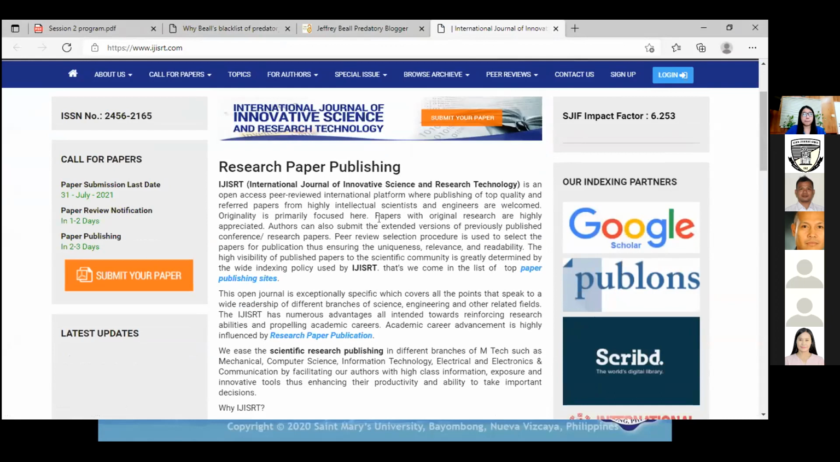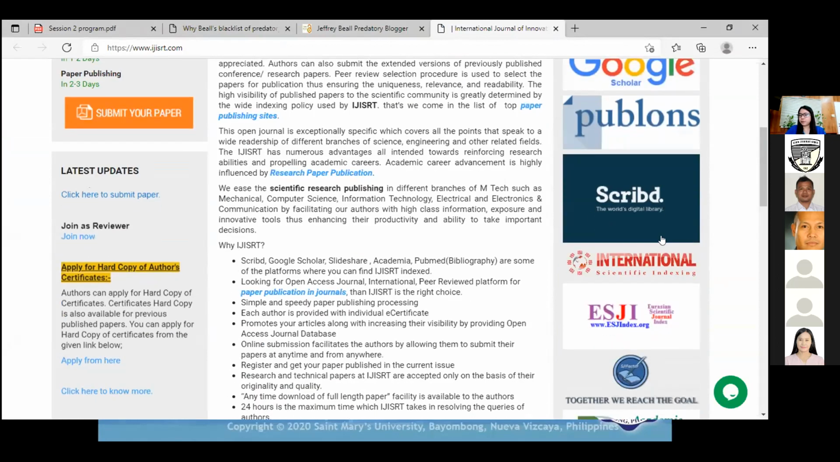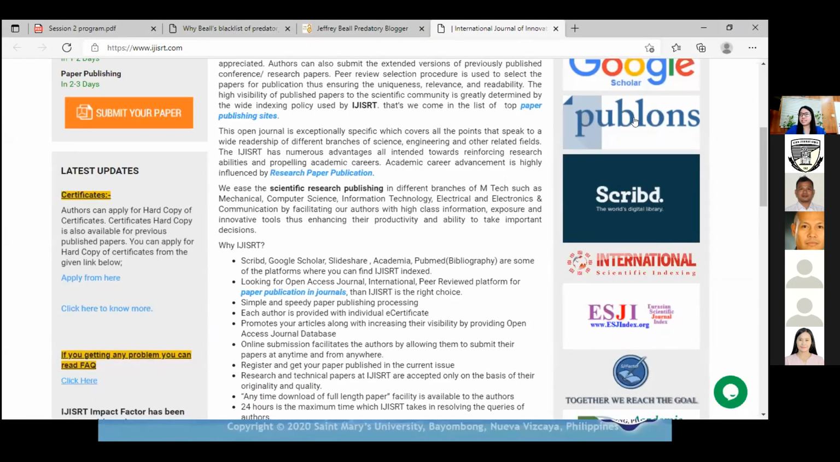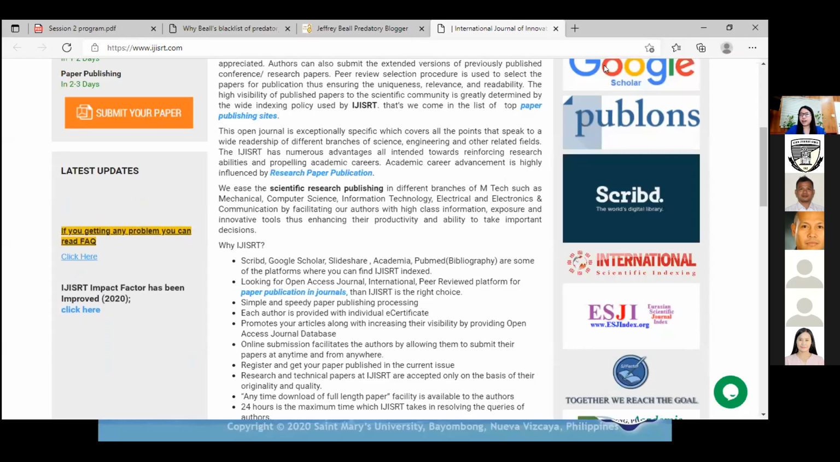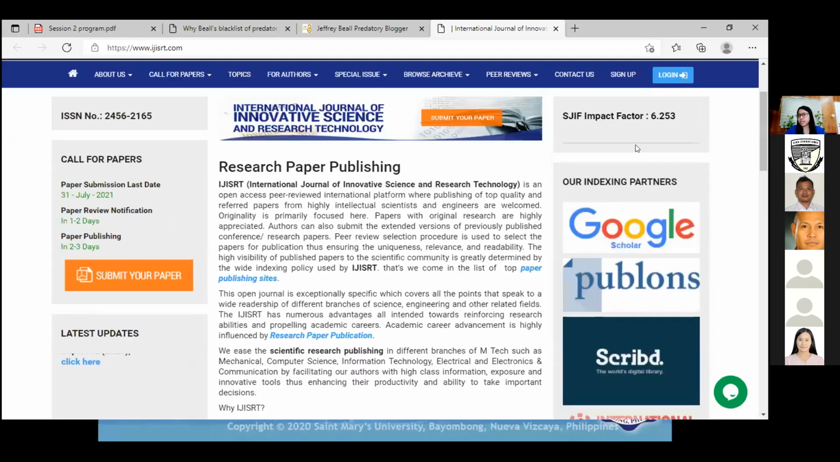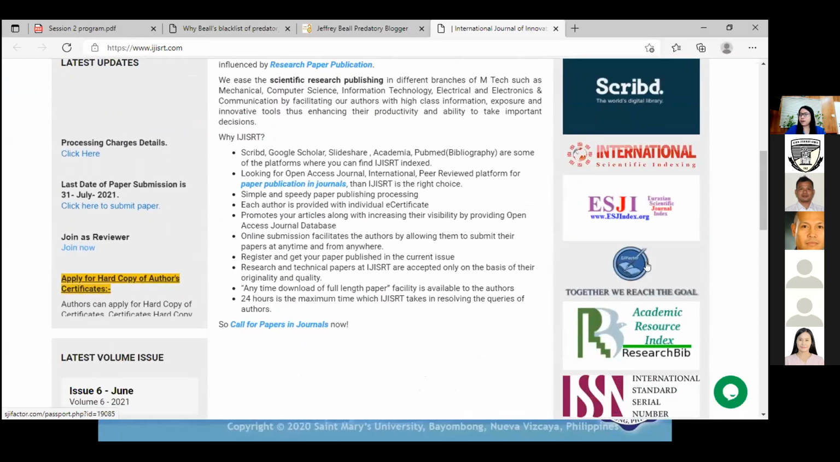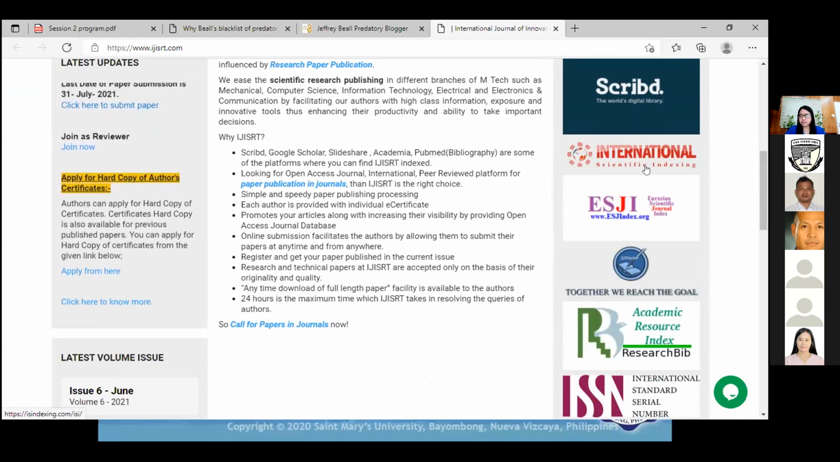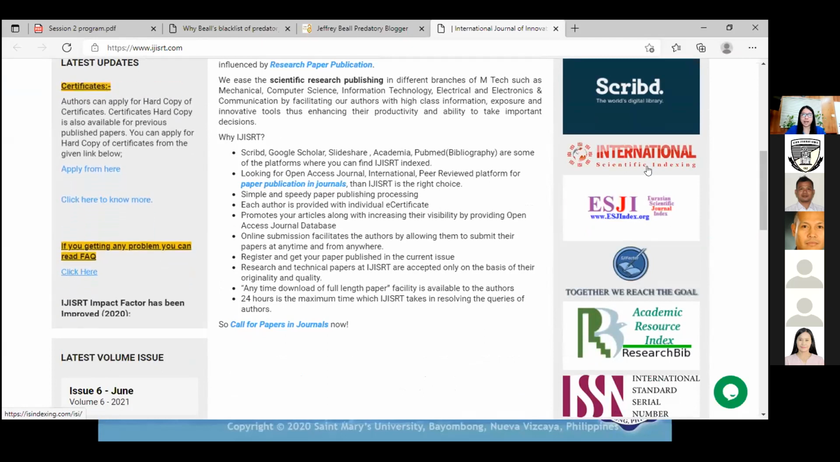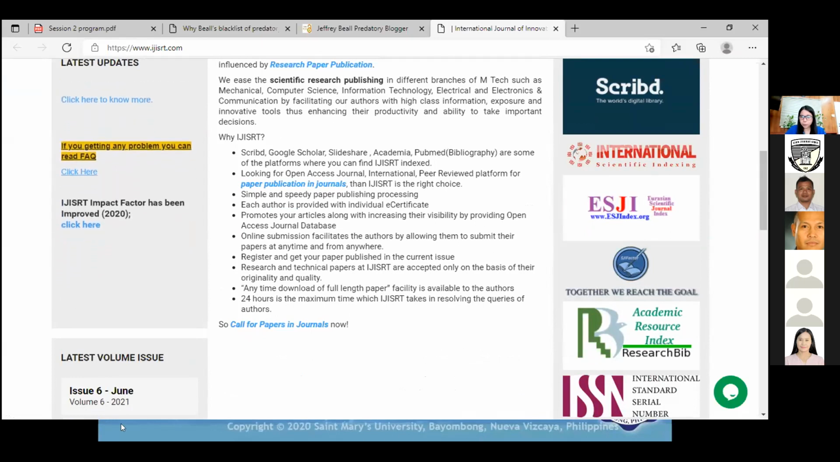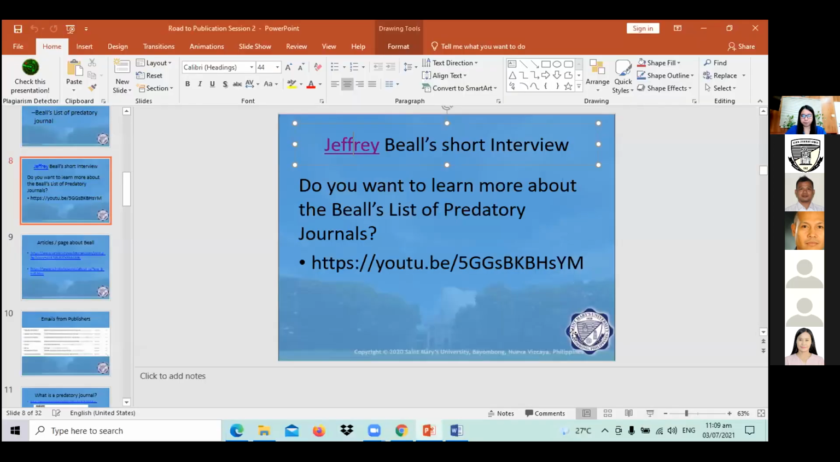Nakikita pa din po, ano? So when I went over the article, it is possible that this is not reputable, because of course I am looking into the indexing partners. And one of these is the International Scientific Indexing, so ISI. But of course, you have to check. When I check the website of the ISI just to see if it's really